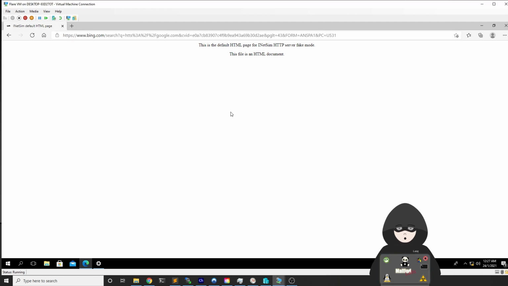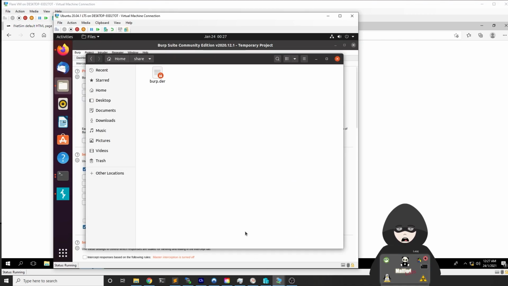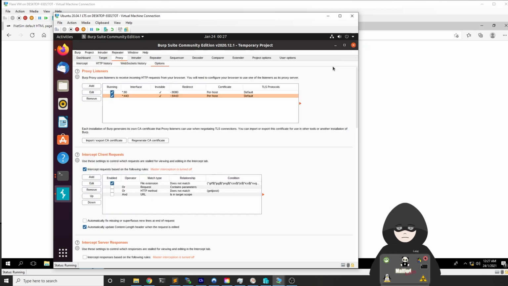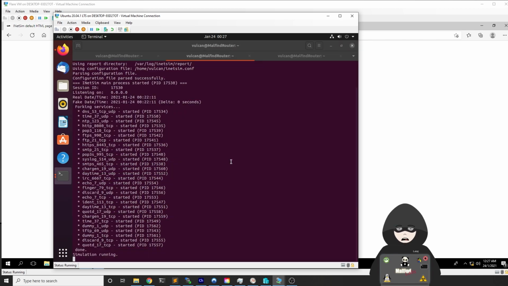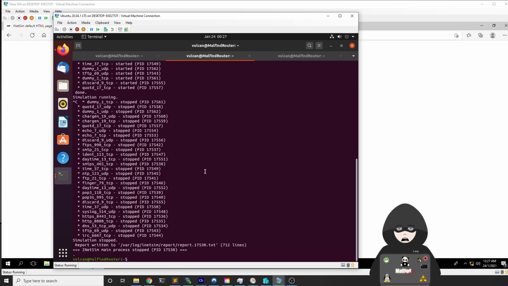What if we actually want to send the traffic to the real network, the real internet, but we still want to intercept it with our Burp proxy and possibly modify it or just read it? Then we can do this. We will need a new configuration for our Burp and a new configuration for our INetSim. So in order to do this,